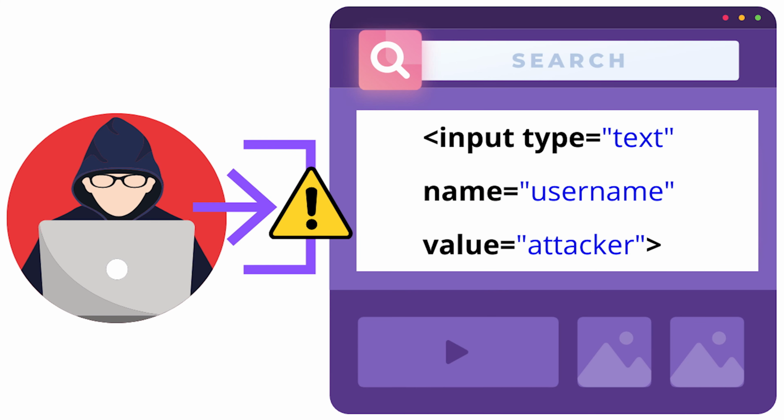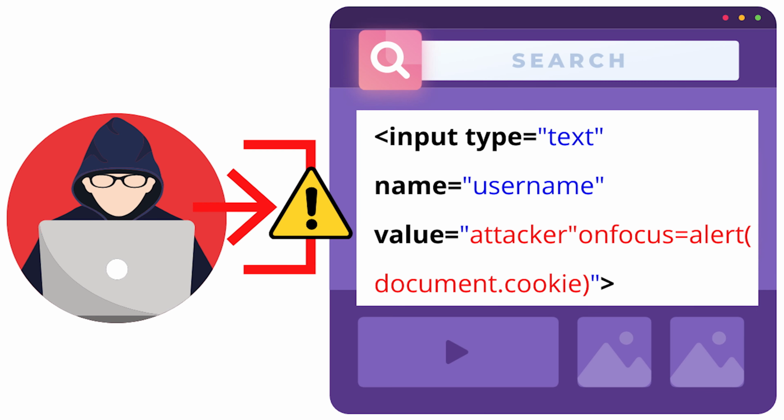Notice that attackers don't really need opportunities to insert a script tag in order to harm. They can cause severe problems with just single or double quotes. For example, consider a website that unintentionally provides the opportunity to access the following snippet's value attribute. By injecting a double quote in the value attribute, hackers could close the existing quote and inject malicious JavaScript. They might do this by changing the value attribute to attacker, double quote, onfocus equals alert(document.cookie), with the intention to eventually steal the session cookies of every visitor that visits the website towards hijacking their sessions.